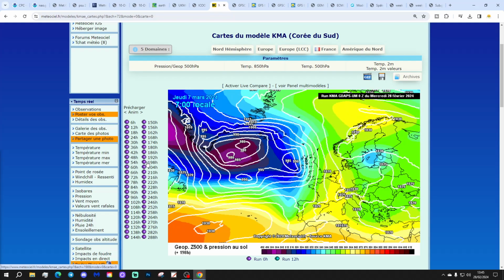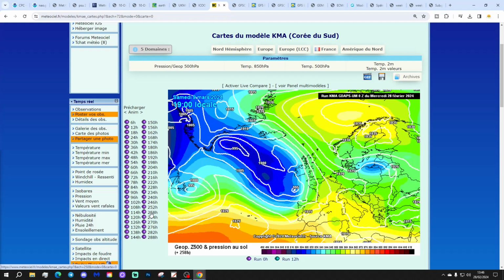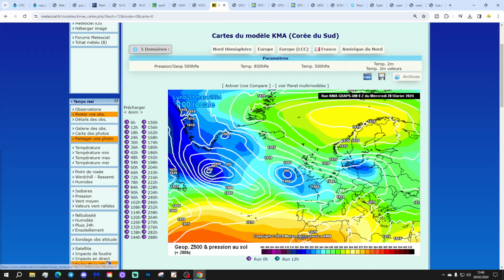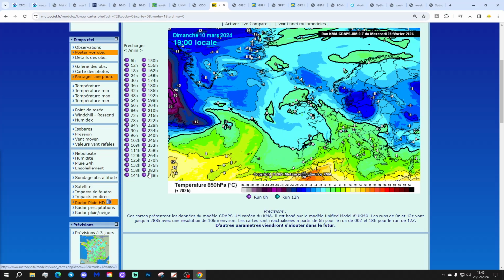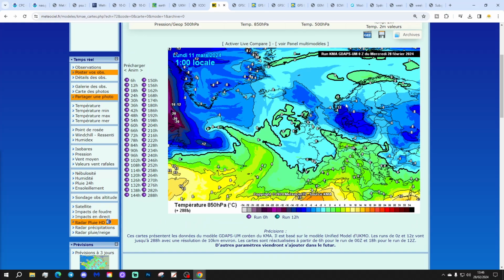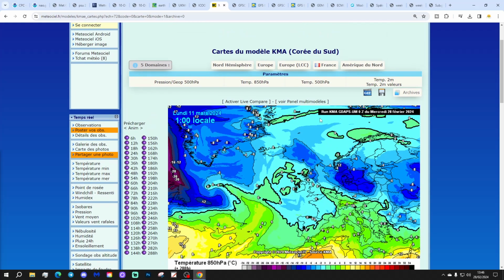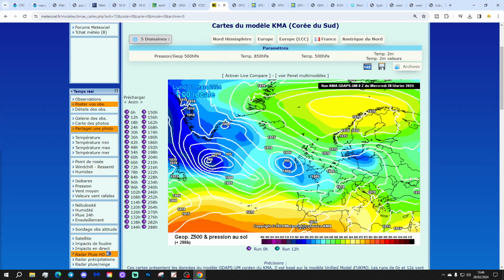Notice what I was saying, how those southerlies, which are mild, wet, and rain, notice how those southerlies back southeasterly and then easterly. That can happen very easily in this kind of pattern. There's a bit of a cold pool sitting to the east as well. Let's have a look at the 850 temperature. So, yeah, quite a significant cold pool sitting just away to our east. It looks like we're about to pull some of that cold air in from the east right at the very end of the KMA range. It's a long way off, of course, and it's the 11th of March, so unlikely to verify, but it's something that can happen with this kind of blocking pattern.